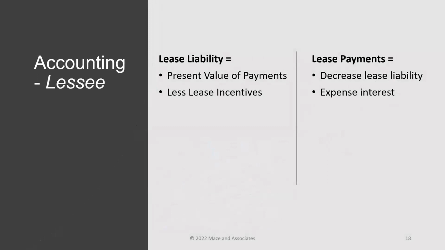So how do you calculate the lease liability? At the beginning, it should be measured at the present value of the payments expected to be made during the lease term. In subsequent periods, as payments are being made, the lessee should calculate the amortization of the discount on the lease liability and report that amount as what GASB calls an outflow of resources, such as interest expense for the period. And then any payments should be made first to the accrued interest portion and then to the lease liability. So a standard amortization schedule.